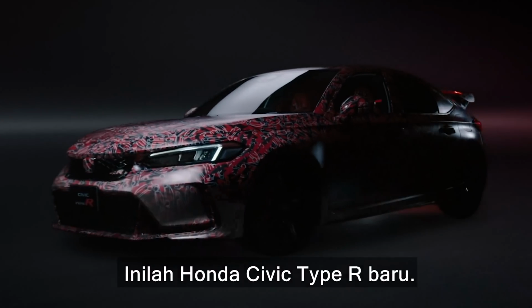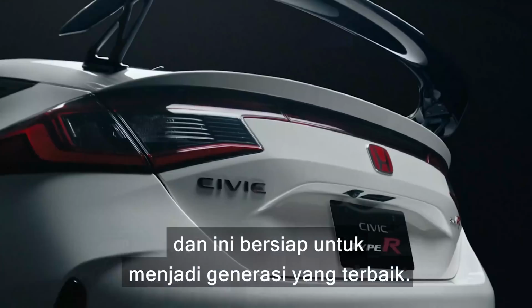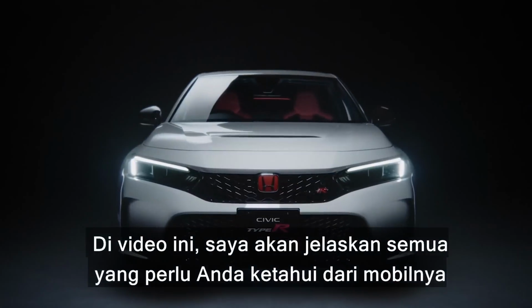This is the brand new Honda Civic Type R. It's the 6th generation Civic Type R and it's shaping up to be the best one ever. In this video I'm going to tell you everything you need to know about it, because I'm Matt Watson and